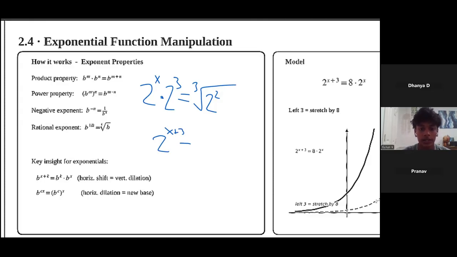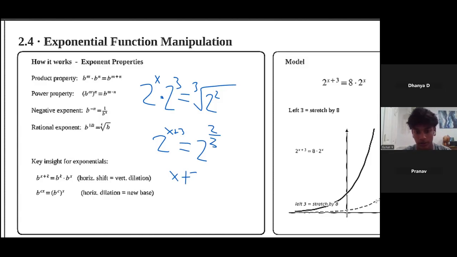So this is going to be 2 to the power of, the numerator is 2. The denominator is 3 since it's a cubic root. And now it's 2 to the power of this equals 2 to the power of this. So we can just take out the 2's and it's just x plus 3 equals